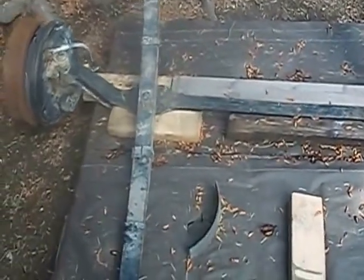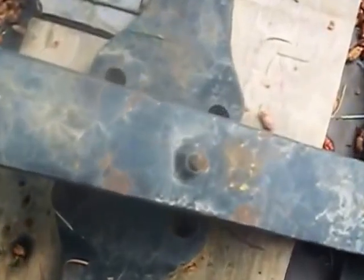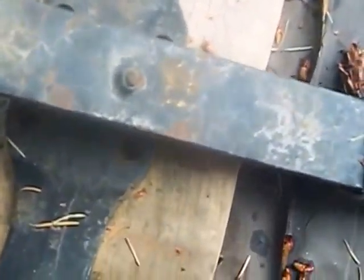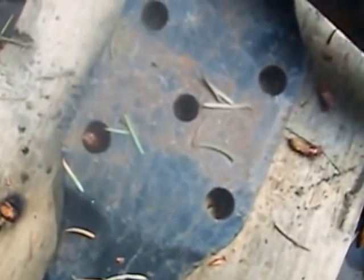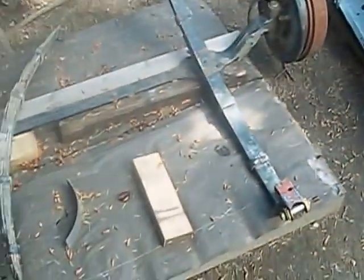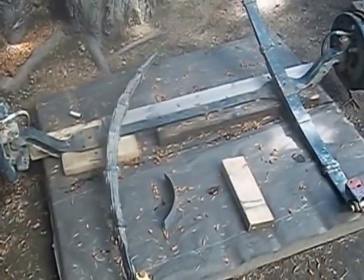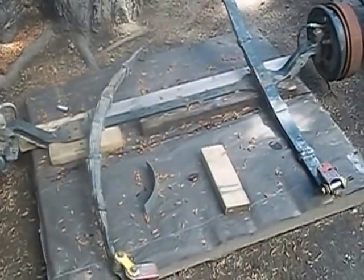And I'm going to make some mounts to mount the leaf springs on. For the mounts there, I'm going to get some plate and fabricate up my own mounts. Some new washers and bolts and